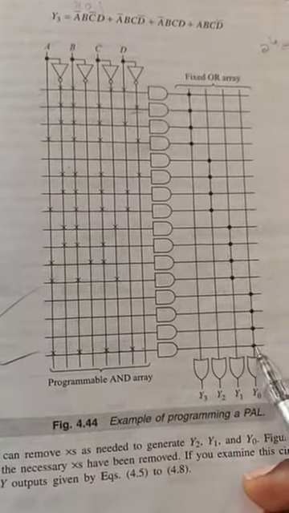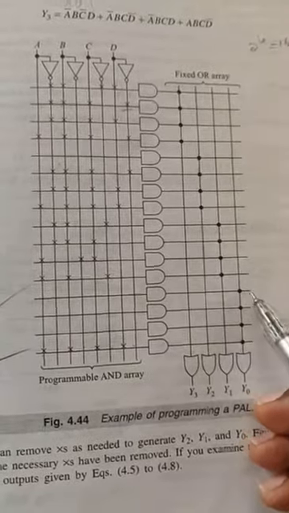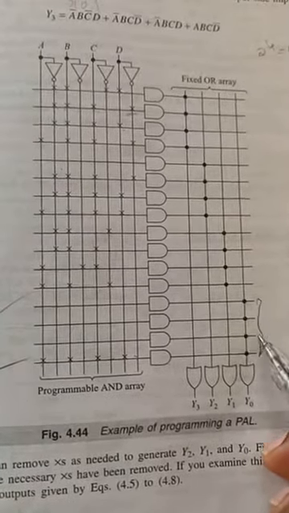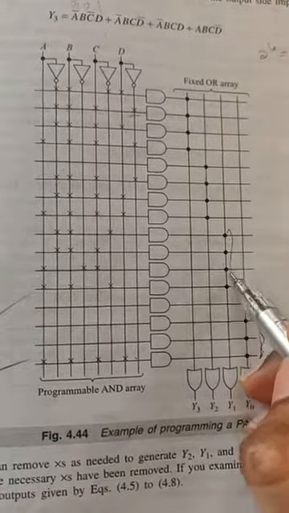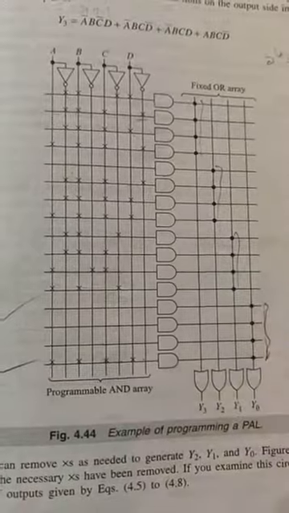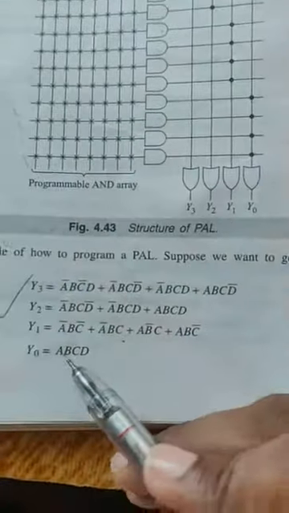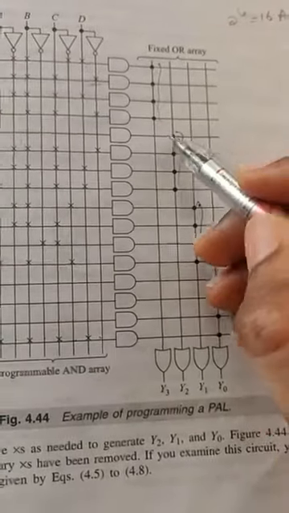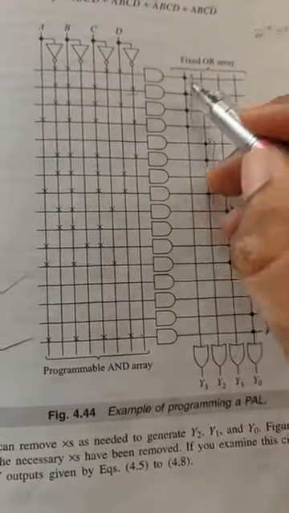So y0 is here. The power of y0 is in these 4 lines, y1 in these 4 lines, y2 in these 4 lines, y3 in these 4 lines. If you want to alter this expression with respect to y0, that has to be done in these 4 lines. If you want to make changes with respect to y1, you are supposed to make them with this, y2 with this, y3 with this. So this means not here, parallelly this side.